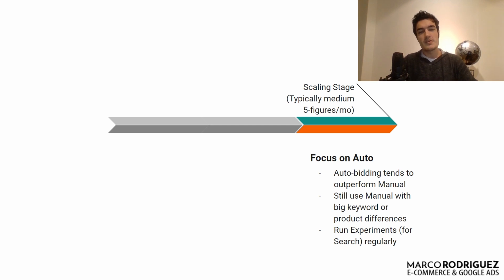So if it performs very similar to manual, then chances are that it will outperform manual in the near future. This is very important to know, because the scaling stage is where bidding strategies make the biggest difference. In the early stage, it doesn't matter too much, even though manual is most useful here for sure. But in the scaling stage, you're leaving money on the table most of the time if you don't use any